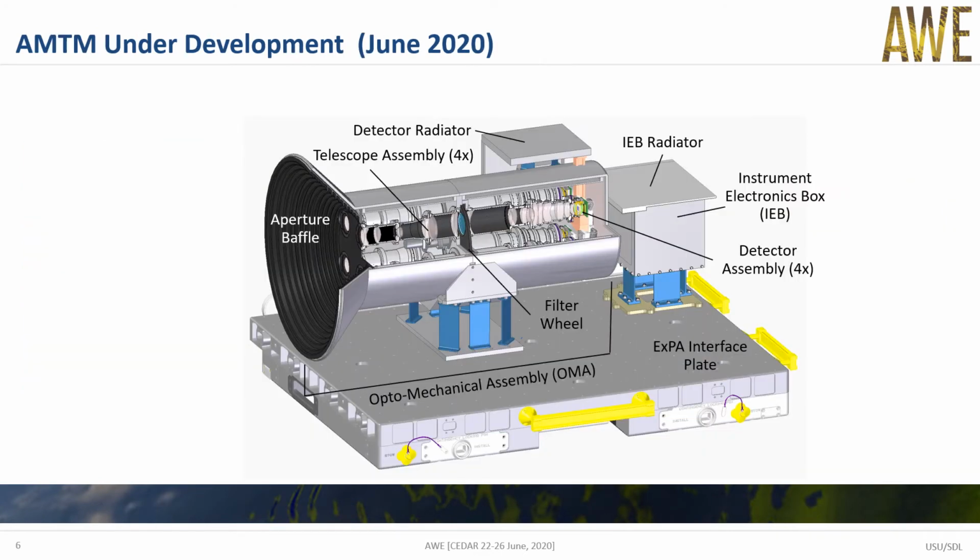This slide shows the solid drawing of the AMTM currently under development at SDL for flight on the ISS. The instrument uses the same principles as our ground-based AMTM, but multiple telescopes are used to obtain images of the OH emission lines at the same time, using a 1-second exposure to investigate 30 to 300 kilometer gravity waves. The field of view of the OR instrument will be 90 degrees, that's equivalent to a 600 kilometer footprint. It's 1 meter long, and an engineering model is currently under development.